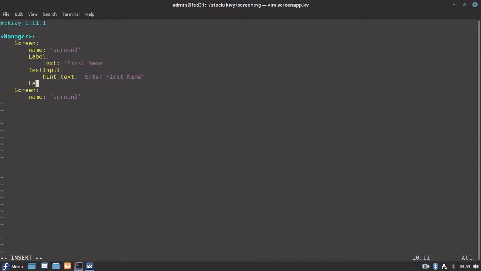And let's create one more label that will take our second name. For this, the text input widget will be this one, which will accept our second name.